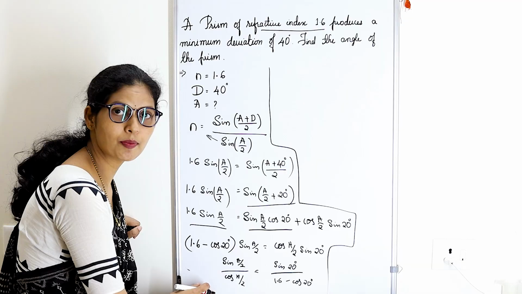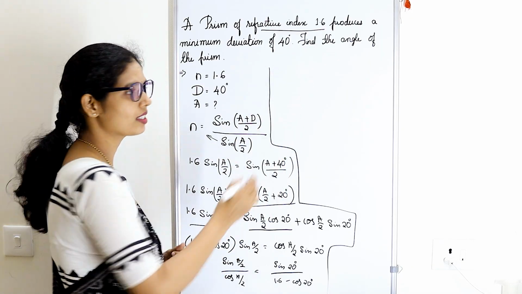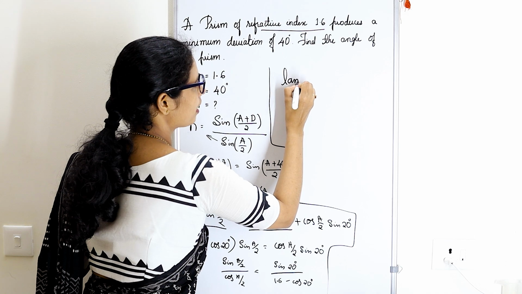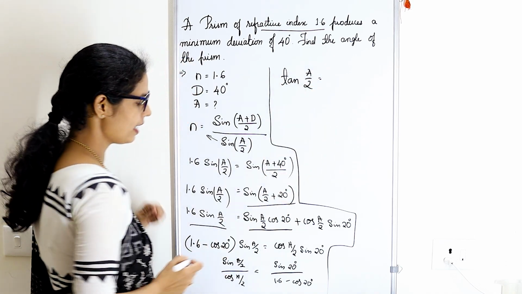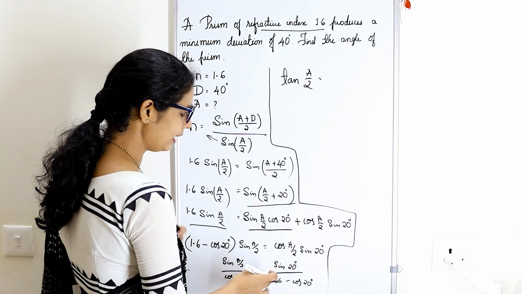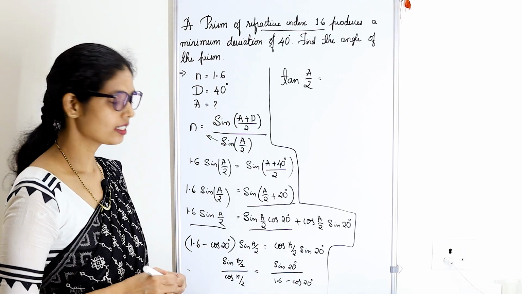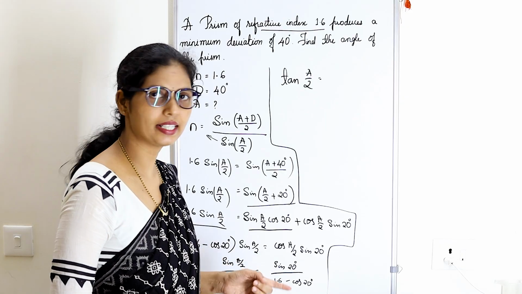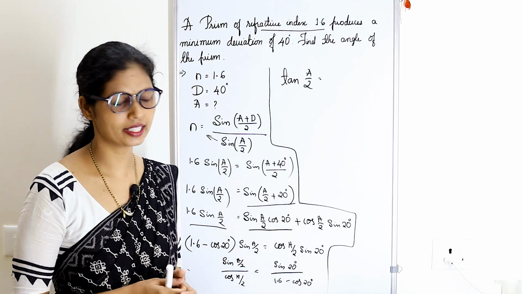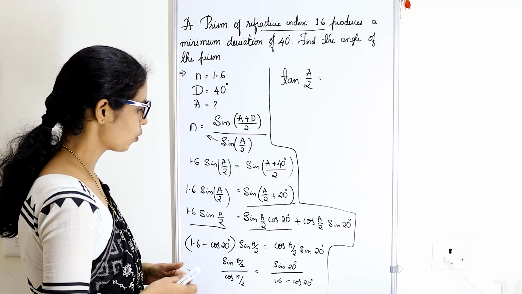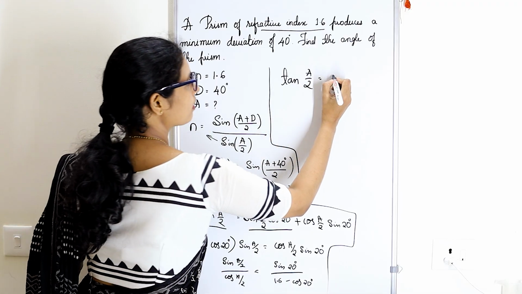Here sin divided by cos, sin theta divided by cos theta is nothing but tan theta. So tan A by 2 equals sin 20 divided by 1.6 minus cos 20. You can substitute the value of sin 20 degree, and also the value of cos 20 degree, with the help of a log book. So when you substitute the values, what value do you get? So I am getting the value